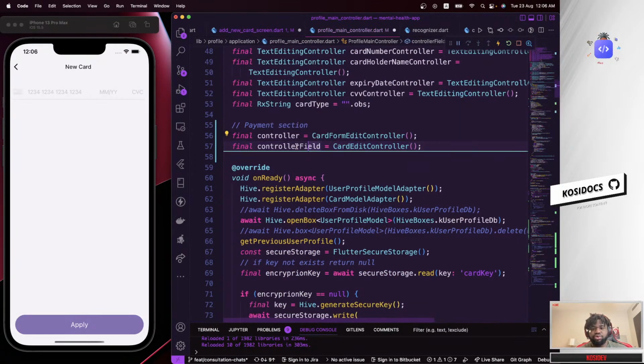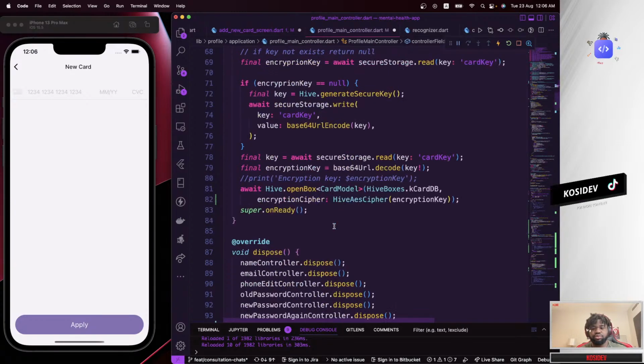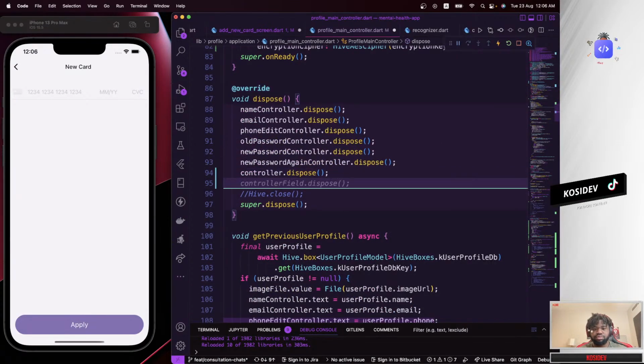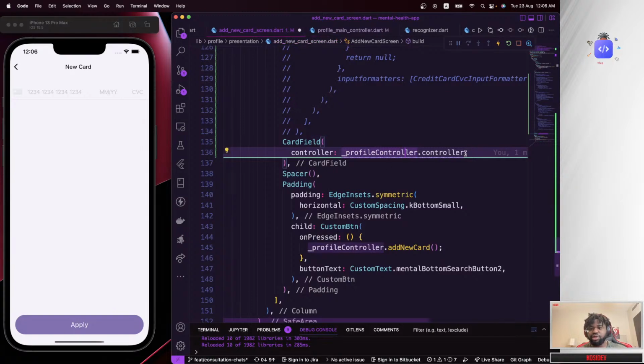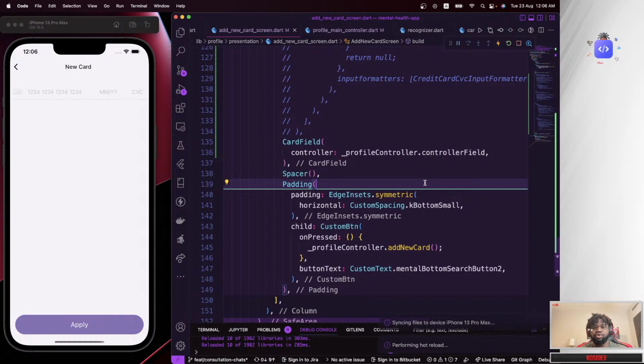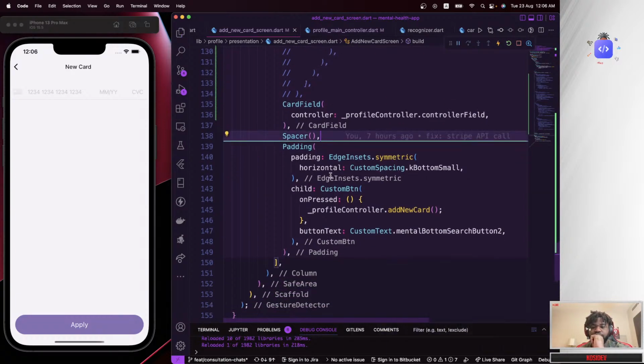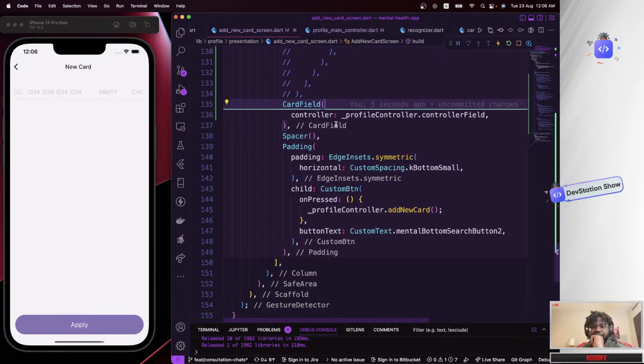And then we need to dispose this also. Dispose that, and then we can just make use of that right here. The error goes away. And now, how are we going to make use of this to send